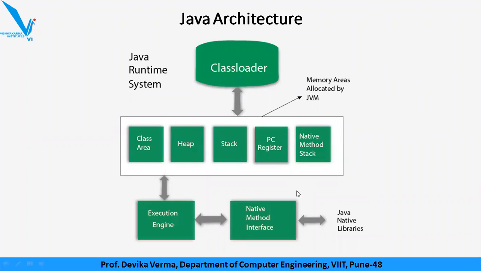Read in detail later also the difference between an interpreter and a compiler. An interpreter reads the bytecode, converts it and executes the instruction, and it does this for every instruction, one by one. But the job of the compiler is to pick up the entire code, compile it entirely into an executable, then pick up the executable and start executing it.